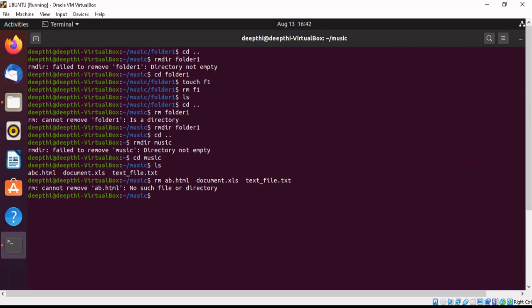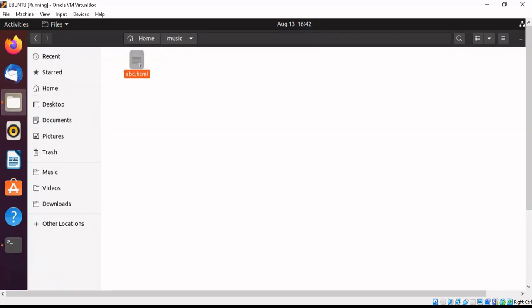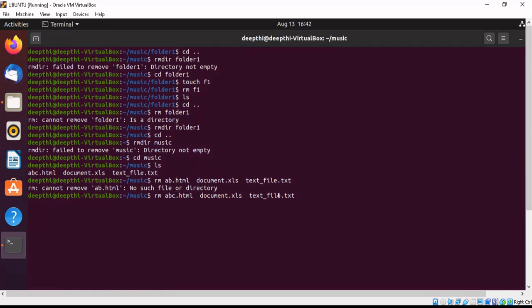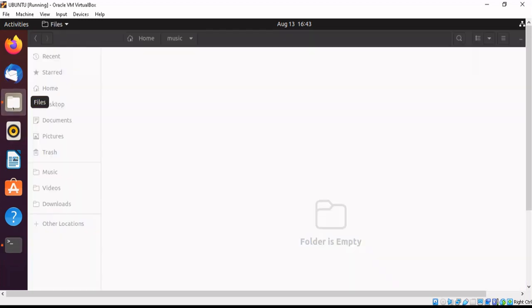Now when I delete it, what happens is, I have named it wrong. It will be ABC. And I think these 2 files have been deleted. Let's see. Apart from ABC, because it was named wrong, that's why it was not deleted, but the rest of them are deleted. Now again I'll use this command and I will see whether it has been deleted or not. Yes, it has been deleted.